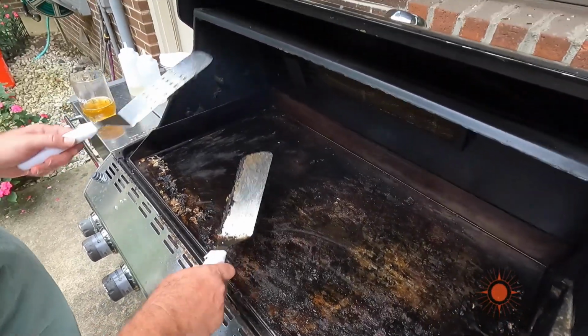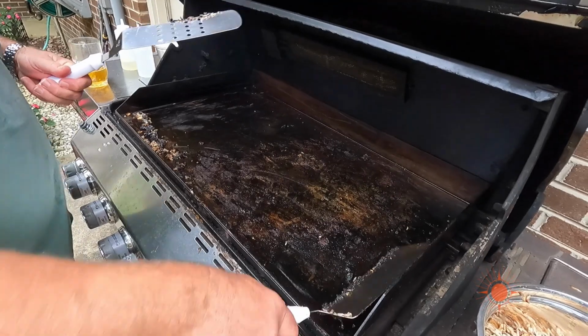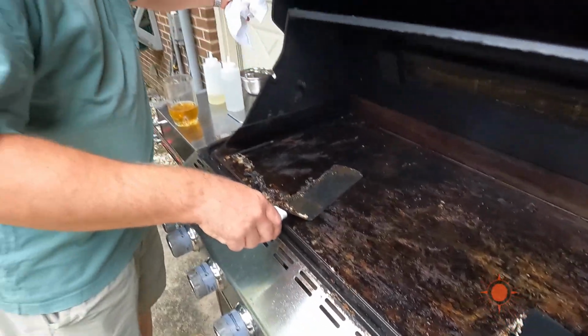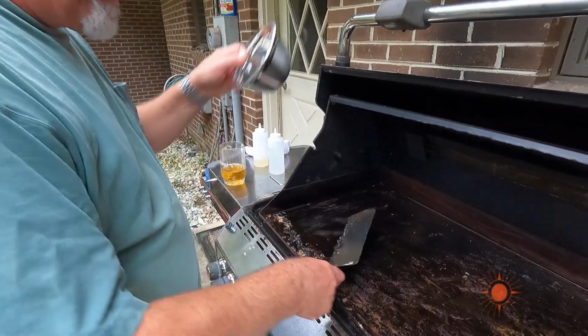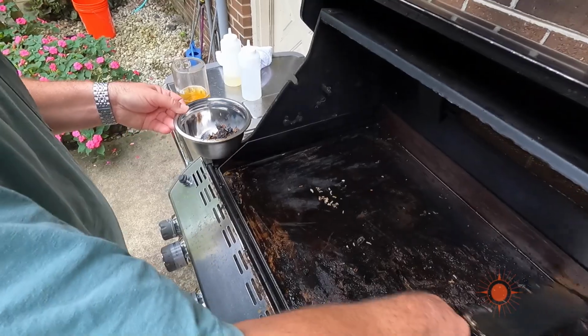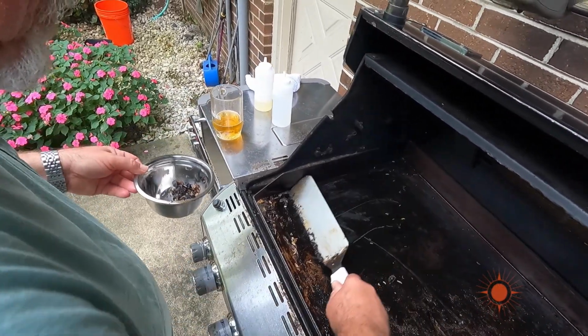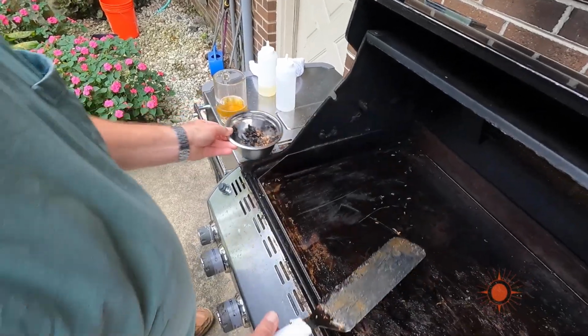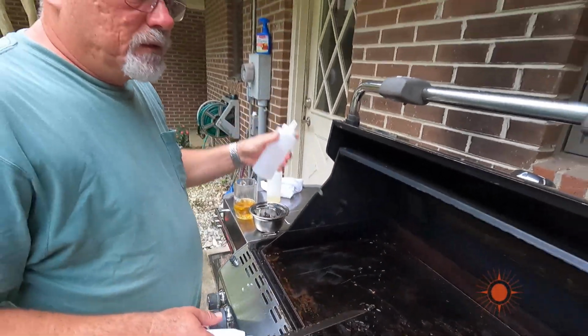Most of it is scraped off here, and we'll move this over. Whoops, look at that, I'm trying to sneak by. And then I usually have a little bowl, these nested bowls. They're great, you need to get one. And I just take all this and scrape it off into the bowl. And then I'll just take plain old water and just